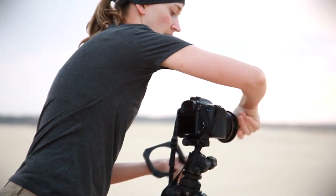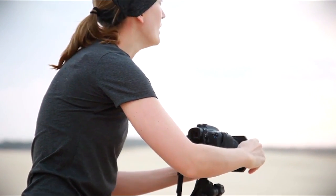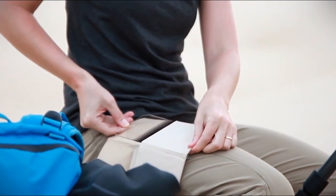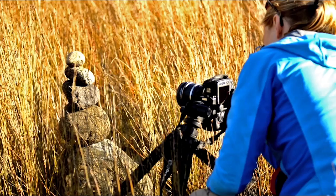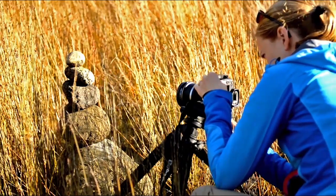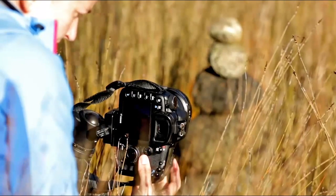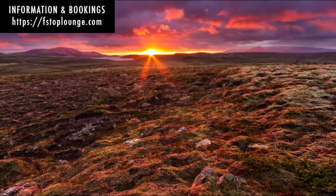We'll start out by explaining how we use our histograms to get our exposure just right, and then we'll take it even further, showing you how you can use filters and bracketing to push the boundaries of your photography and get even more from your histogram and your camera right there in the field. When we've finished filling your head with the pleasures of the histogram experience, we'll move on to another fascinating topic: